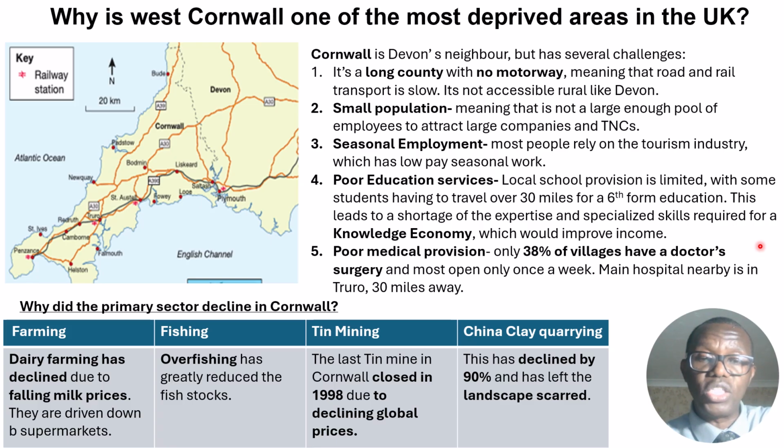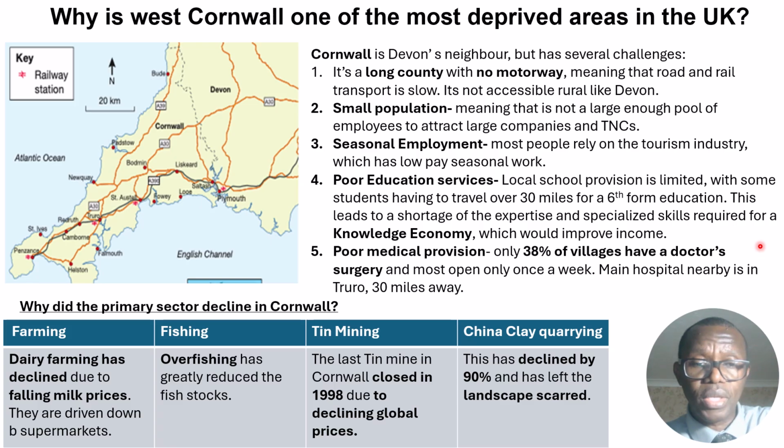And obviously, the knowledge economy is what would give an opportunity to earn a higher income, which is a problem here in Cornwall. Then we have poor medical provision, and in Cornwall, only 38% of villages have a doctor's surgery, and most of those surgeries open only once a week. Now, the main hospital that is nearby is in Truro, which is 30 miles away. So if there's a medical emergency, then having to travel 30 miles is quite a